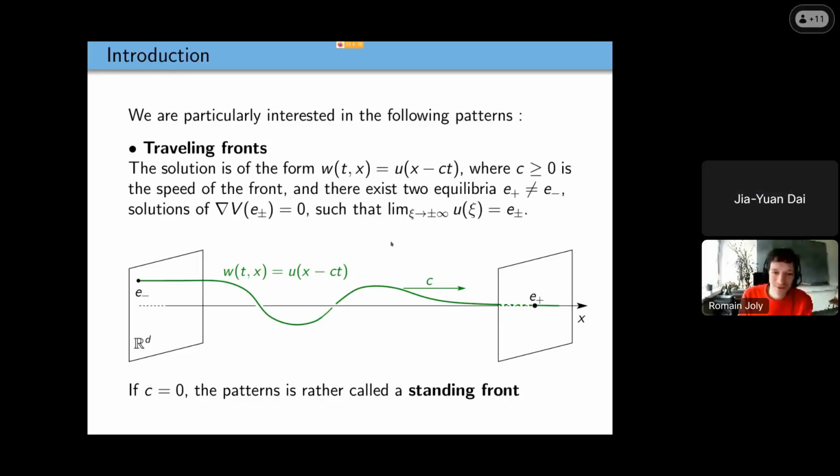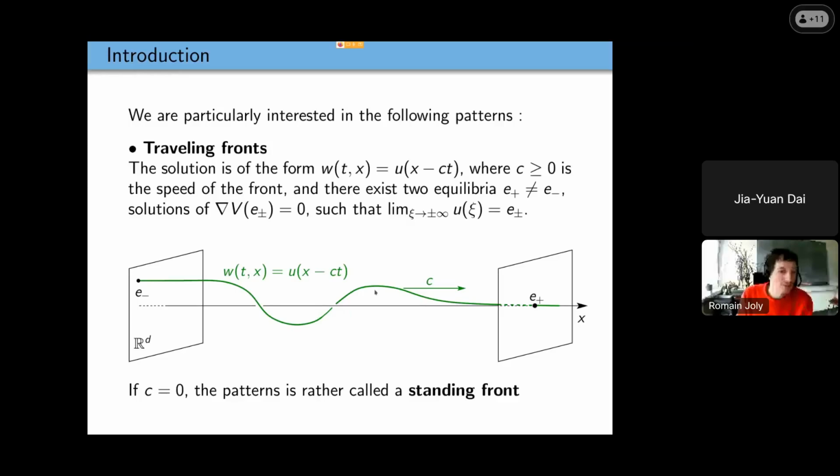So I would like to consider traveling fronts. Of course you know what traveling fronts are. Just to be sure, in my talk, when I consider fronts, it means that the profile U of the solution converges at plus and minus infinity to two equilibrium points. They are solutions of zero of the nonlinearity, so critical points of the potential. And fronts means that both are different, so it's two different limits at minus and plus infinity.